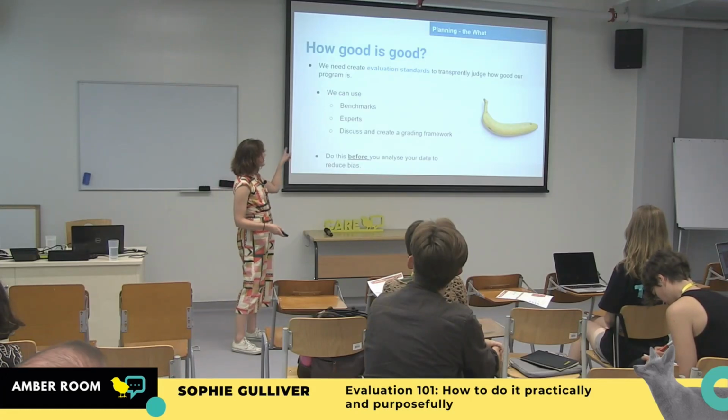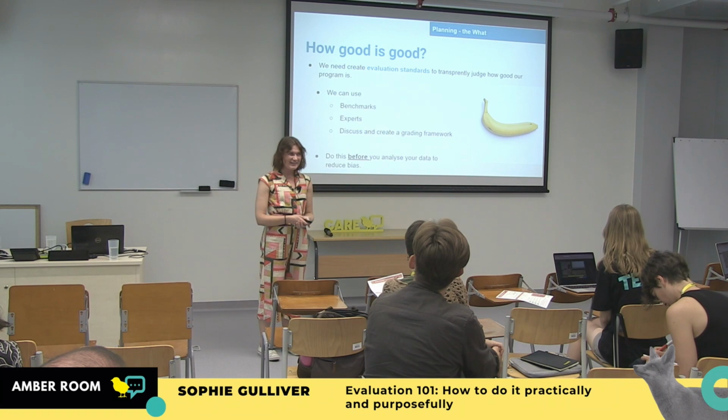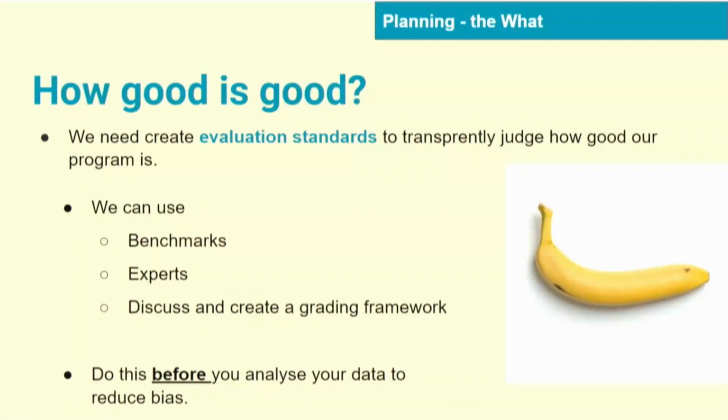So you can use benchmarks. I used to work in water sanitation hygiene, and that's an awesome sector to work in, because we have very clear benchmarks about what is good quality water. We know it has certain chlorine levels, has to have certain minuscule levels of bacteria, it has to have this, that, the other. Very easy benchmarks. You could benchmark against other organizations. So maybe you know other organizations that have done a vegan university program, and they have data that they can share with you. You can benchmark yourself on that.